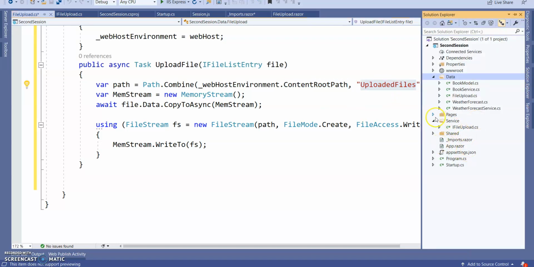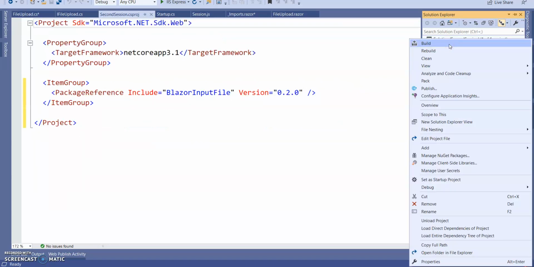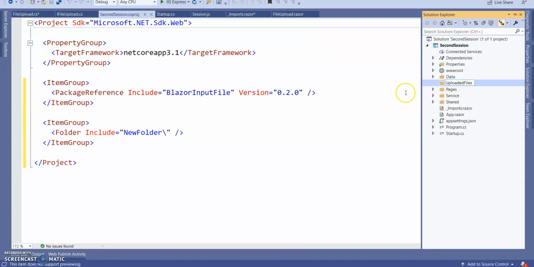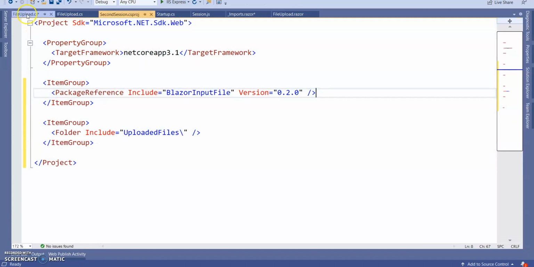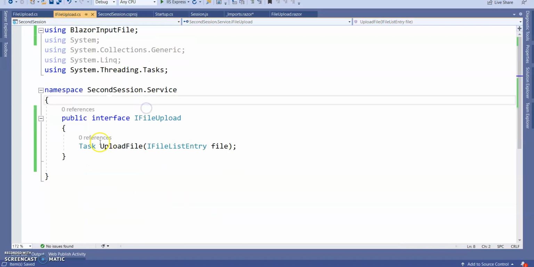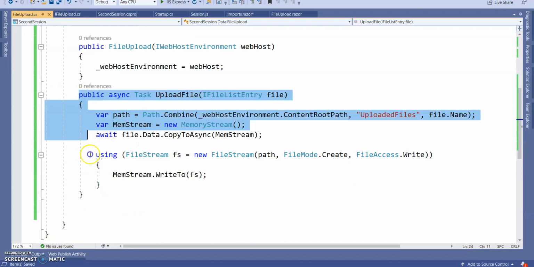Here I'm creating one more folder for uploading the file, to store the uploaded file. This is the interface we created, and this is the member of the interface we implemented in our class.